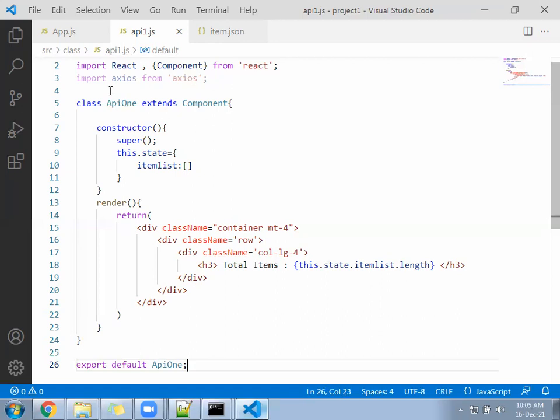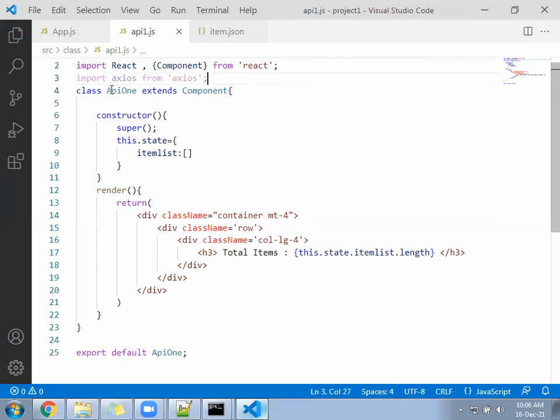Okay, here we are ready. Call this file in the app.js file. Link and confirm once whether the page is loading or not.